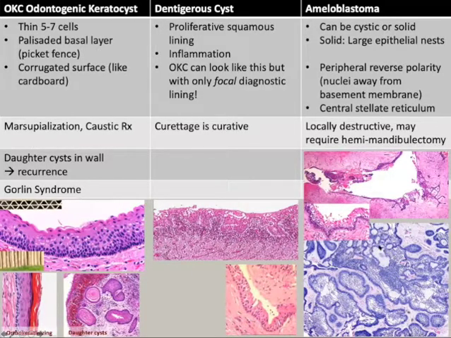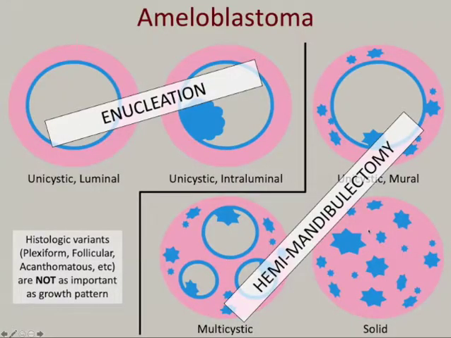In comparison, ameloblastoma, you really have to look in that surface epithelium to find the appropriate features of ameloblast, right? Which are reverse polarity, central stellate reticulum. The treatment for ameloblastoma differs depending on whether it's purely cystic with some proliferation into the lumen or multicystic solid